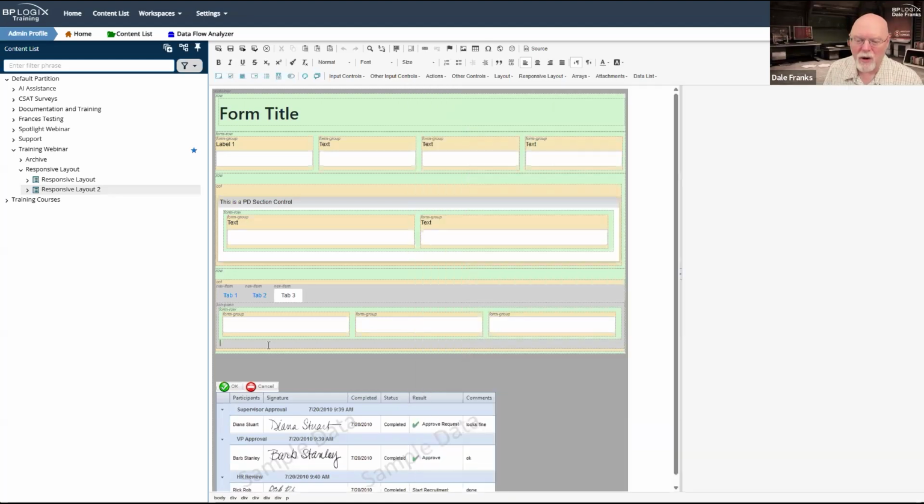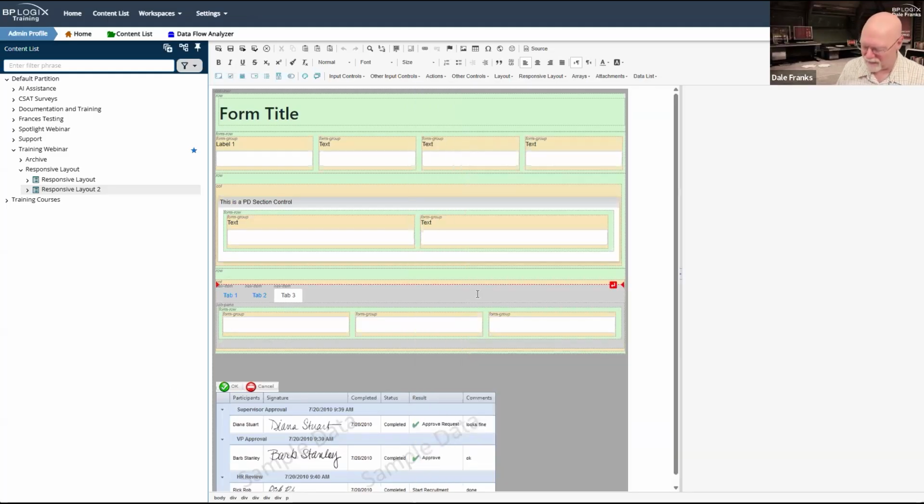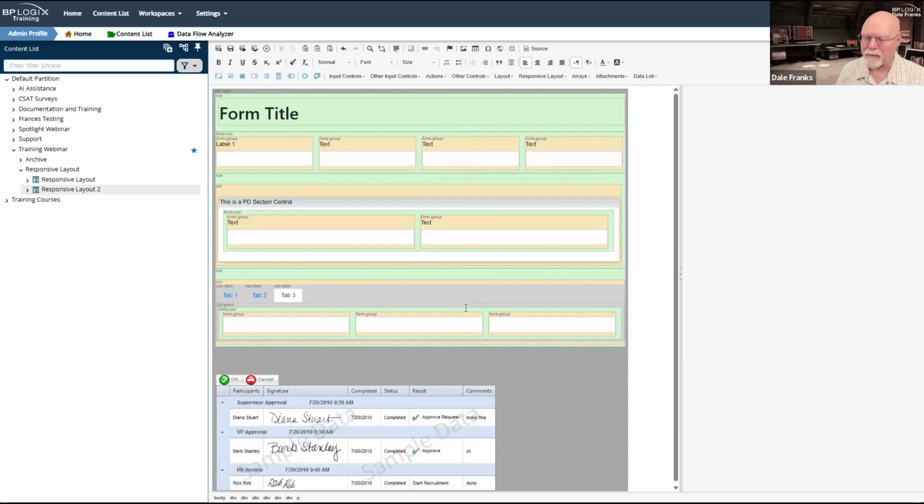I'm not super happy at how the tab controls work because there is no spacing for the tab controls. So under a tab control, you probably would want to have an extra row. Now we're kind of getting into the particulars of design. But what I am going to want to do eventually, and it may be the last thing that you do, is I'm going to want to get rid of those extra lines.